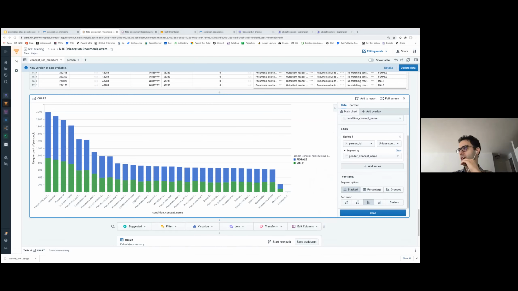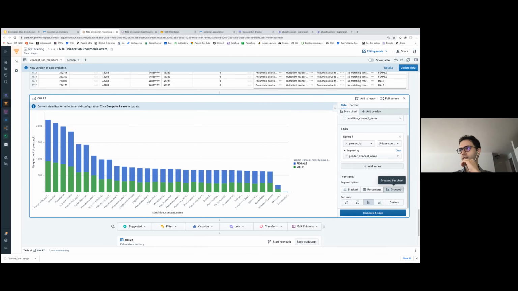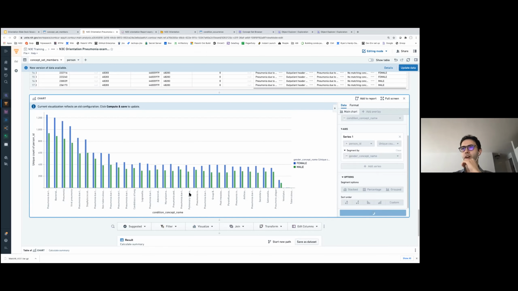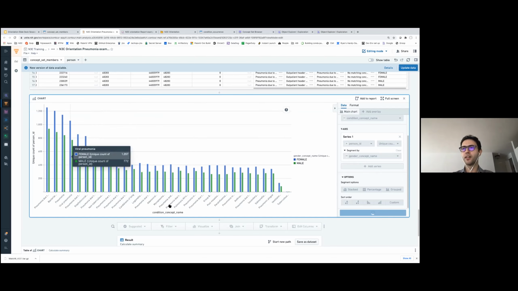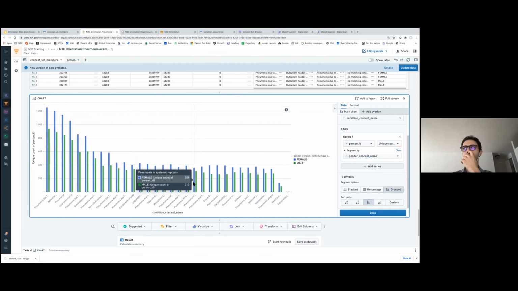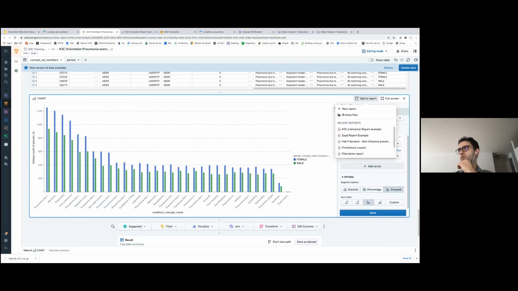And so let me actually show it as grouped bars. So as you can see here, a breakdown of the count of patients by condition and also broken down by gender. Let me add this graph to my existing reports. So if I click on add reports, this is the report that I created, N3C orientation example.